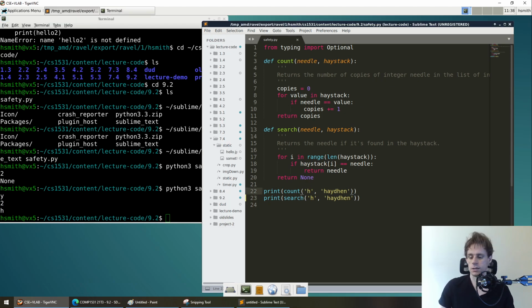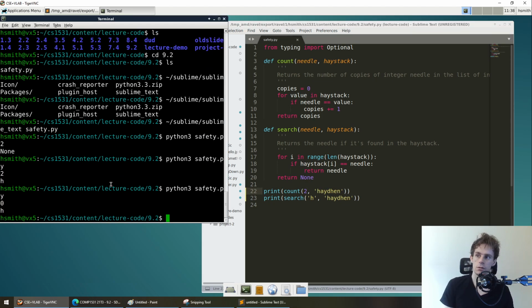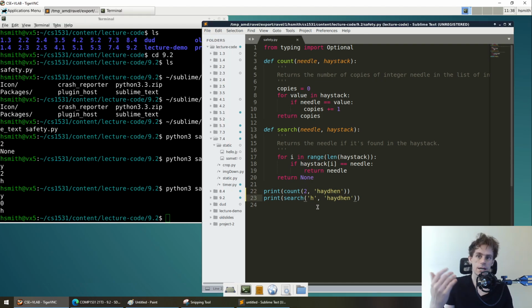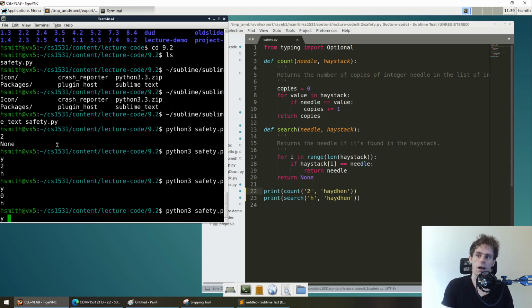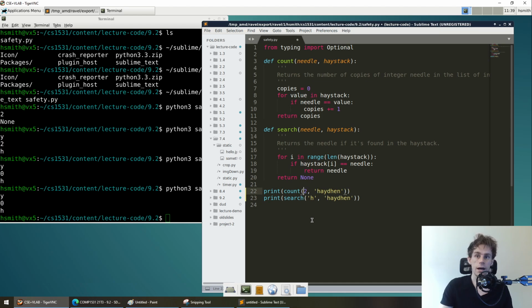Now the problem with this kind of thing is that I can do something like put a 2 here, and this will still work, right? Because Python's very comfortable checking: does this string match this integer? It's like, yeah, I'll check it. Might as well check it. But that doesn't make any sense. This is an example of software not being safe, because this is you accidentally misusing it. This is you using it how it shouldn't be used. Not intentionally. Maybe you have good intentions. Maybe you want to check if my name actually has a 2 in it, but like 2 the string, because that'd be valid. Do you want to check if the character 2 is in my name? No. But how do you get around this?